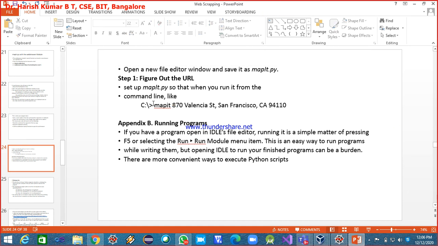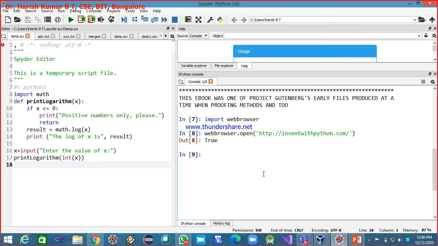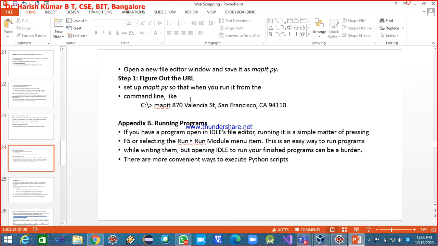Okay. Now when I run my program, finally mapit, by passing this as the argument, my program should take this argument, launch the browser, which is opened with the Google Maps URL, and automatically it should go for locating this location also. Now, running the program is totally different. Earlier I was running the program from the Spyder IDE. Now we won't be running the program from the Spyder IDE. Instead I would like to run the program on the command line now.